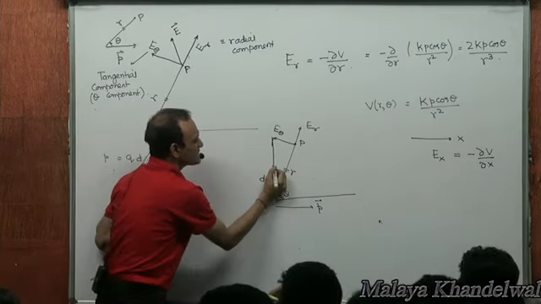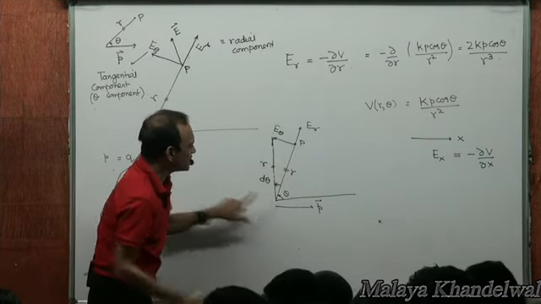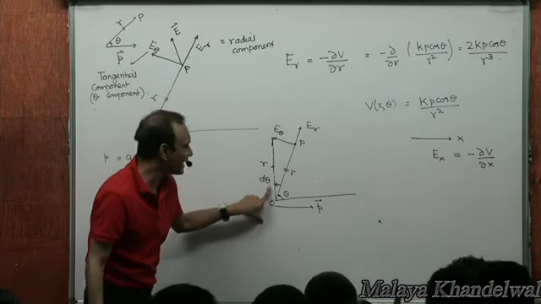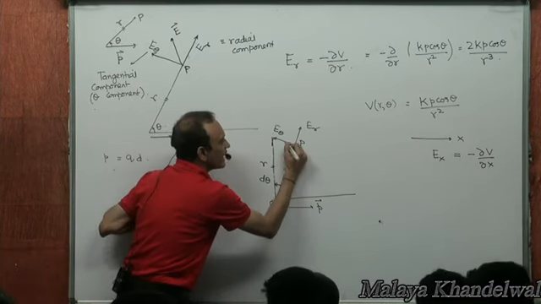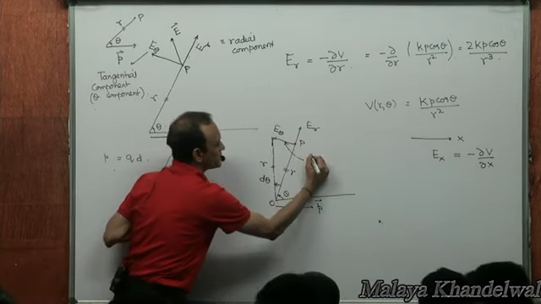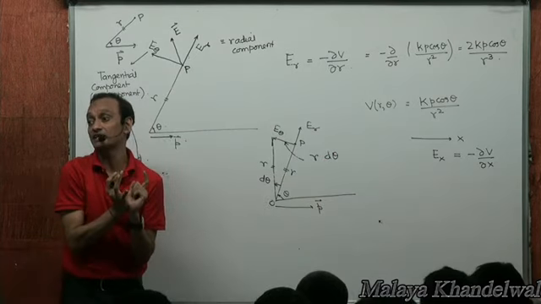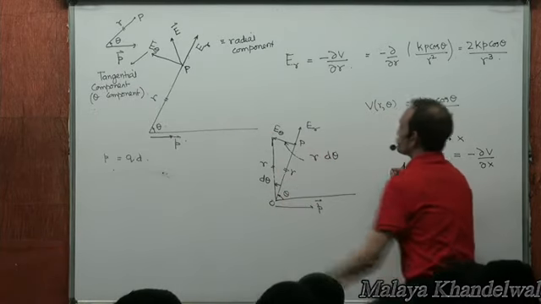This is r, this is r. This would be almost like an arc of a circle centered at O and radius r, subtending an angle d theta at the center, right? So this displacement is r d theta, as if r is kept constant. Now, what is the work done by the forces of the field?